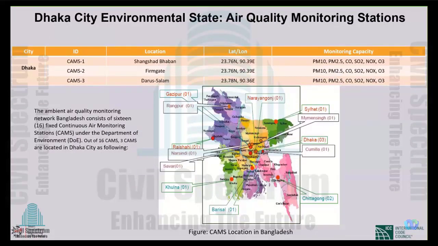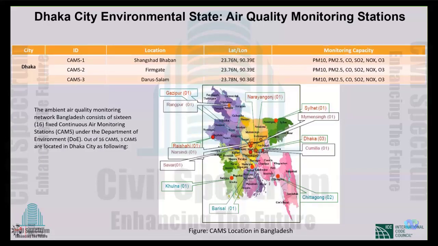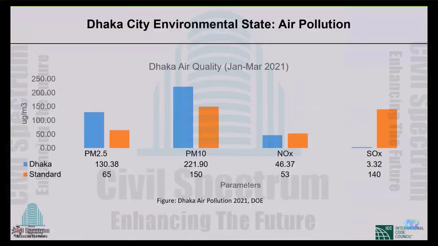Now, I want to give you some information. So, what's going on in observing water quality in Bangladesh? There are 3 stations within Dhaka, and this is some of the results. If you look at it, this is the standards versus actual observations. In all cases, we are crossing the standards. None of it is within the limits.